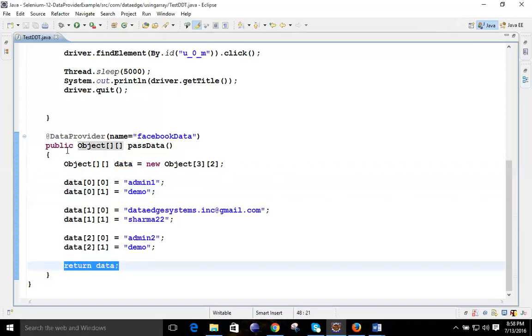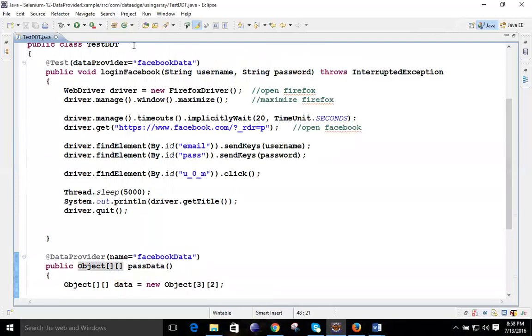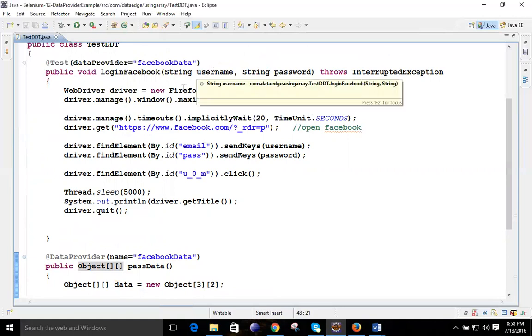How do we return it? This method is going to return some data, which is going to be copied over here, and the same applies on the @Test annotation. The first time I have given admin one as the username in the first field and demo in the second field.